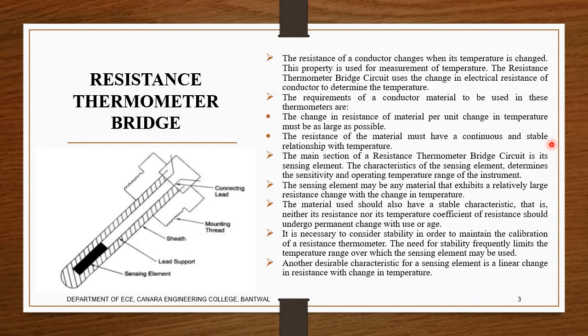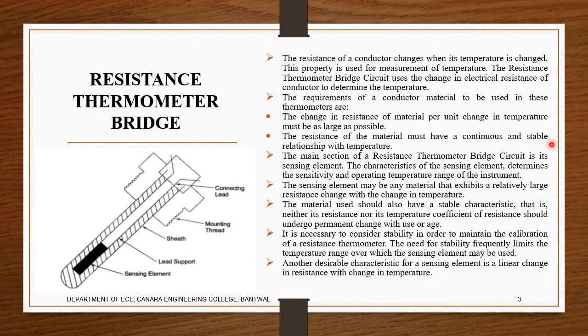Next, the resistance of the material must have a continuous and stable relationship with the temperature. What does this mean? It has to change continuously. For example, it changes from 80 degrees to 100 degrees Celsius. It doesn't stop at the boiling point or the freezing point. It has to change continuously. If we go for 1000 degrees Celsius or 2000 degrees Celsius, we have to search for such materials,